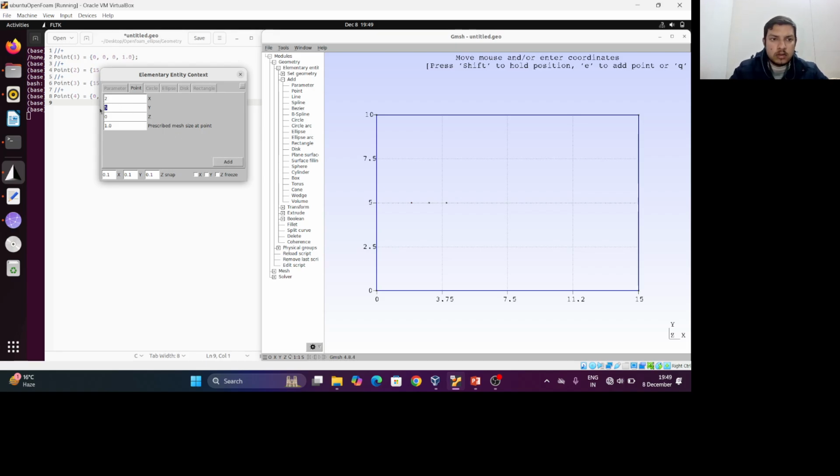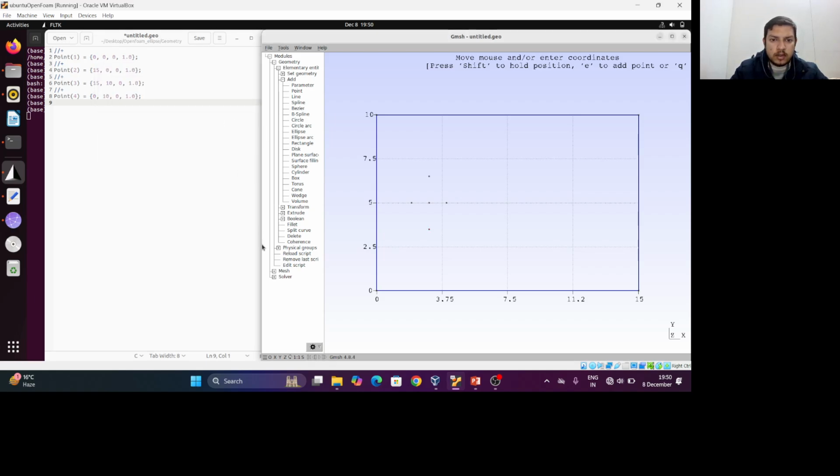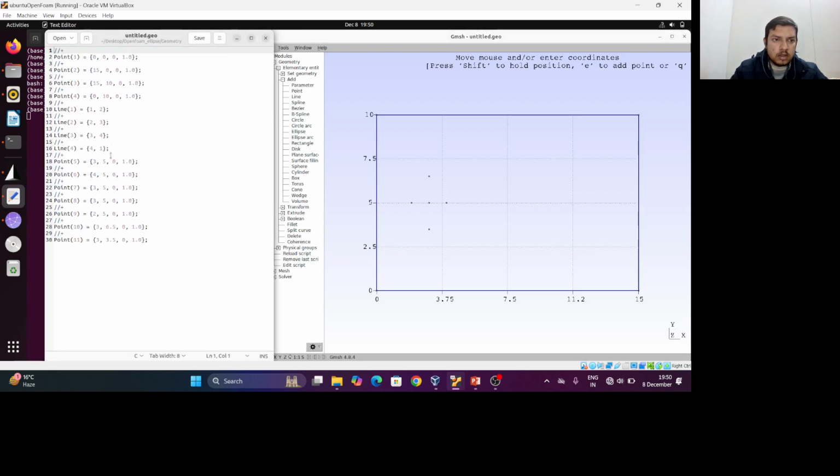Now 3, 6.5, 3.5. Now as we generated this,